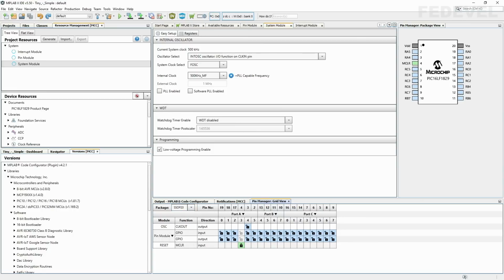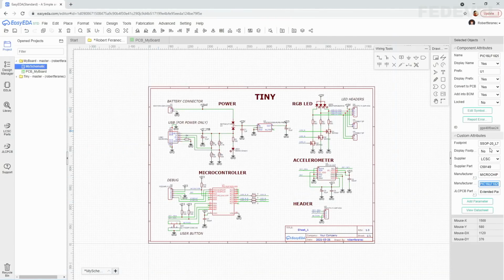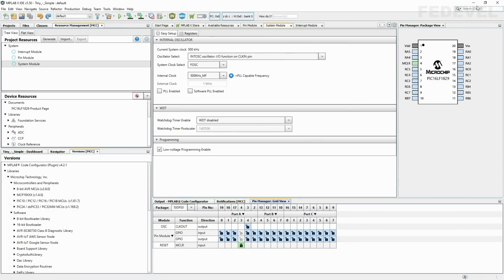If you go into our schematic, you can actually see it here, okay? SSOP20. And now here you can see the pins of our microcontroller. And here in this table, you will see how they are assigned to what peripherals and what features and functions.